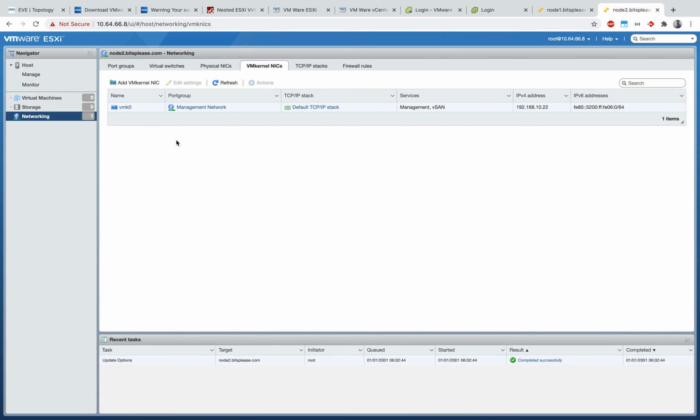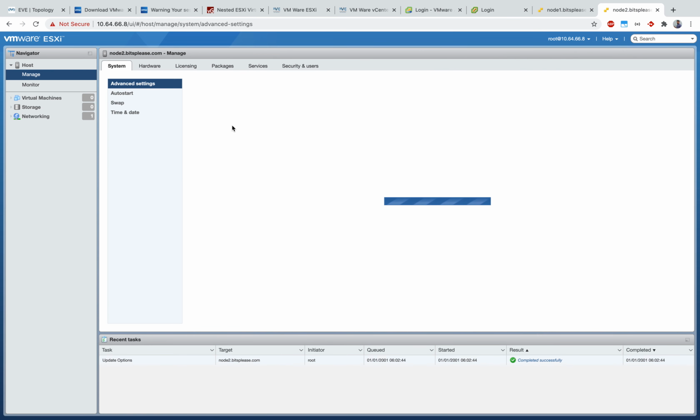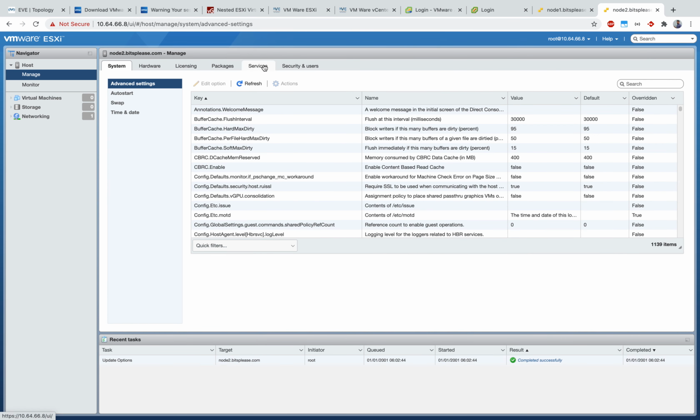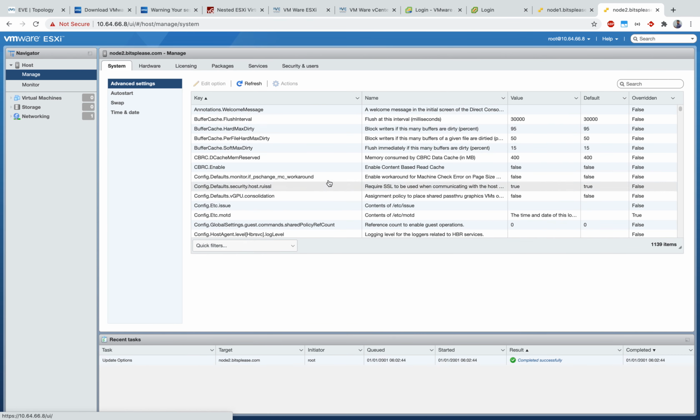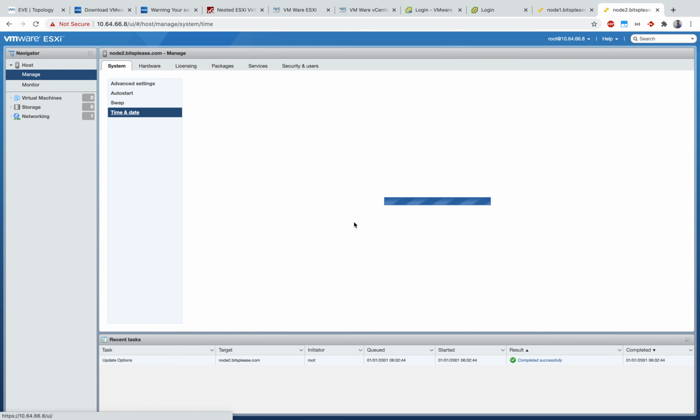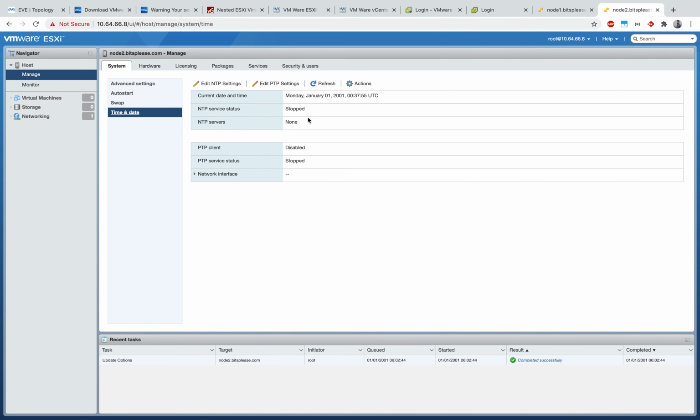The VM kernel port, let's go here. This is the VM kernel port. Anyway, coming to the manage part, this is the one you need to really do. Go to system and time, go to the time and date section, and you can see here the NTP service is